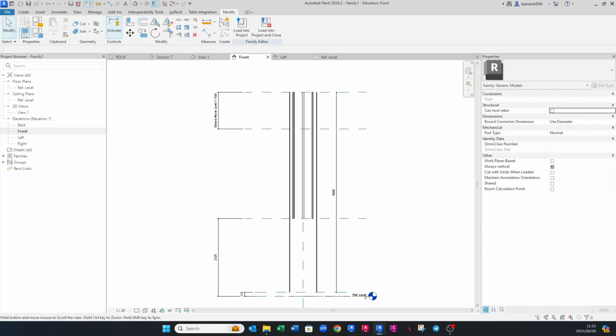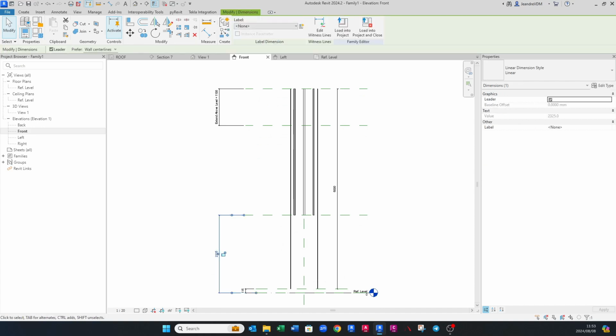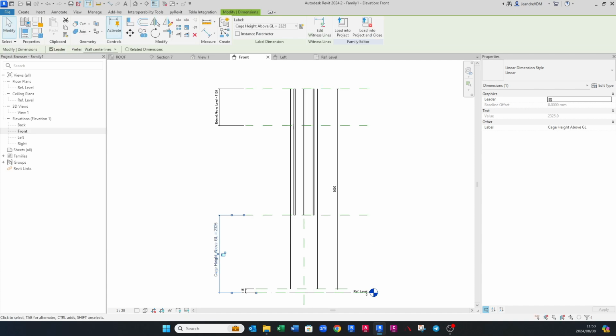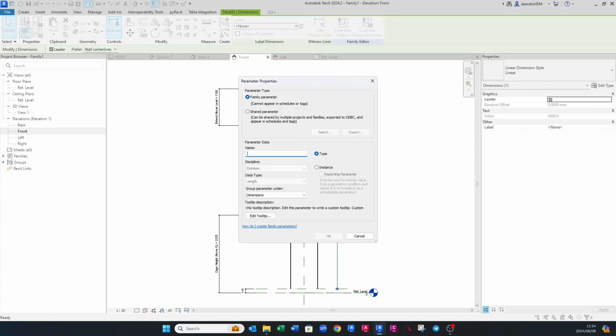You can name it whatever you want to and make sense to yourself. This one I'm gonna call cage height of ground level. Like that. Okay. And then this one I'm just gonna call height because I know that that's the height of my cat